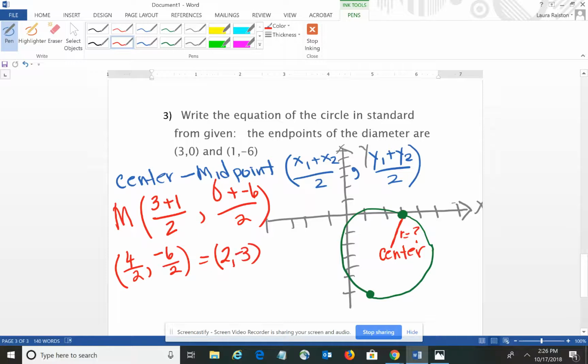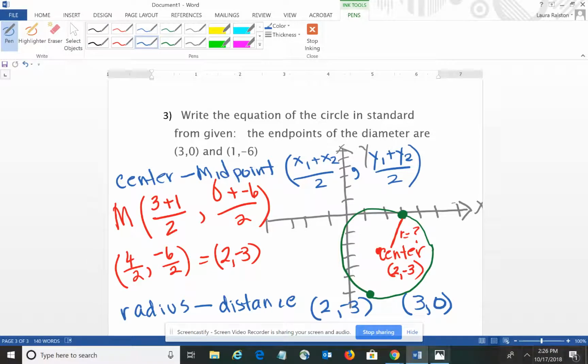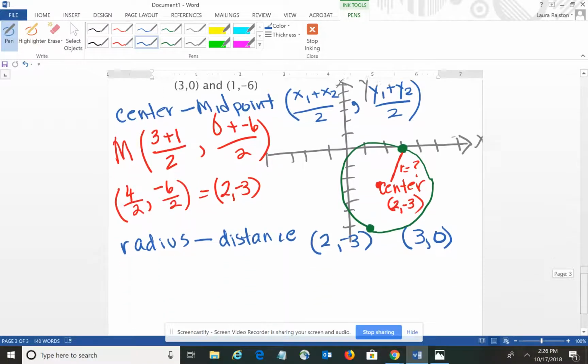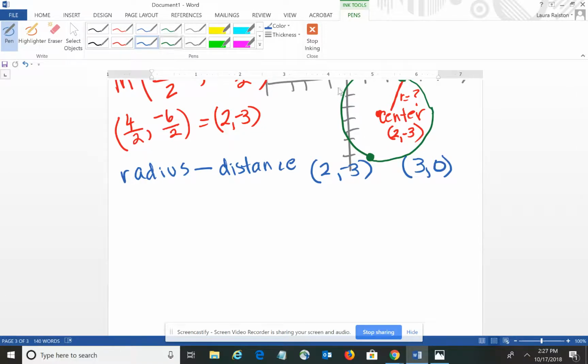So this center point, and I about got it where it's supposed to go, is now known to be 2, negative 3. Then we use that center point and one of the given points, it really doesn't matter which one we use, to find the radius. To find the radius, again, we're going to calculate the distance. I'm going to calculate the distance from the center, which is 2, negative 3, to the point 3, 0. I chose 3, 0 simply because I get to calculate with a 0, and it'll make it a little bit easier. So calculating that distance, using our distance formula,